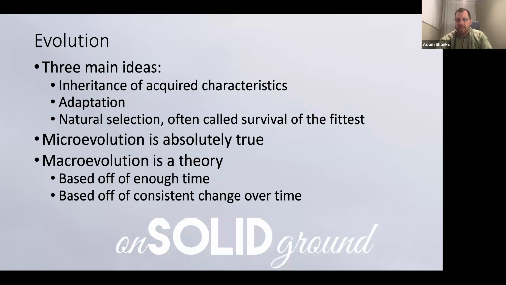The other side of this that scientists really struggle with is that it also requires, for us to really know anything, consistency over time. Meaning things must have changed at a consistent rate over time in order for us to count backwards, okay? That's one of the difficulties you run into, and we're going to talk about that some in our next week's lesson as we talk about whether there is proof that the Earth is young versus the Earth being millions of years old. So we're not going to spend a lot of time talking about that now, but again, this is where it becomes very hard to really prove anything when it comes to the theory of evolution.